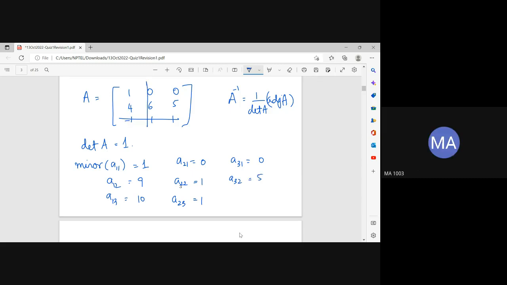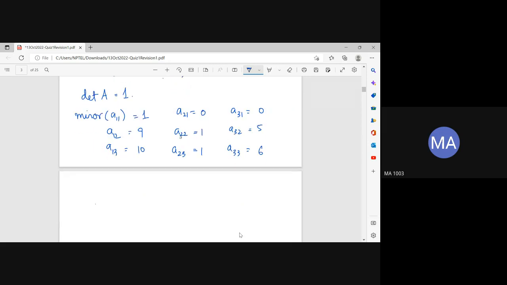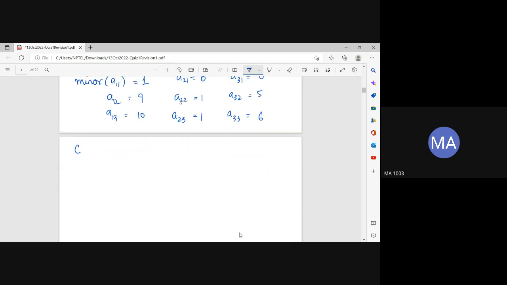5 minus 0 is 5. A33 is 6. Right, so these are the minors. So the cofactors will be